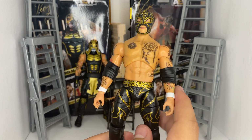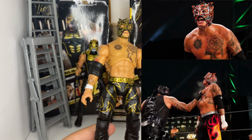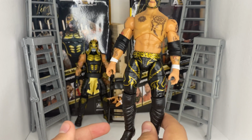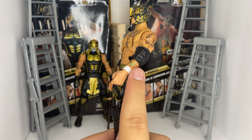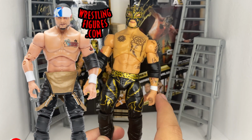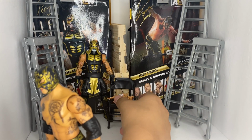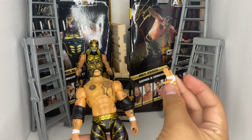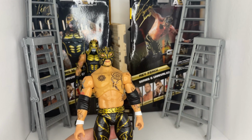This one was really simple. All I did to it was add large elbow pads, because Rey Fenix does wear those a lot of the time. As you can see on the packaging, he didn't wear them with this attire, but I feel like it makes it look nicer. And then what I did was take Series 4 AEW Unrivaled Santana's arms and hands and put him on here. I feel like that looks way better, because how are you gonna wrestle with these animal hands, the taunt hands? You're not gonna chop all the time, you're not gonna slap all the time. It's Rey Fenix,